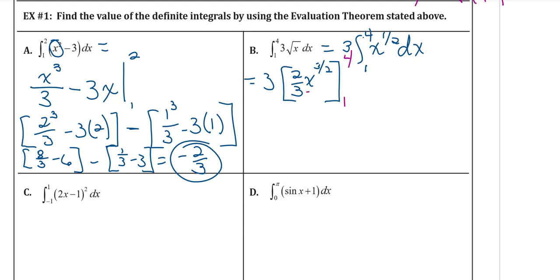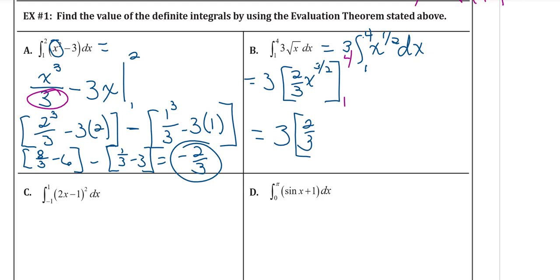Okay, because remember, this would have been divided by 3/2, just like we did here in letter A. So it'll end up being flipped over to be the 2/3. Okay, so that's where I got the 2/3 from. Okay, so now I can evaluate it at these endpoints. So I'm going to have 3 times